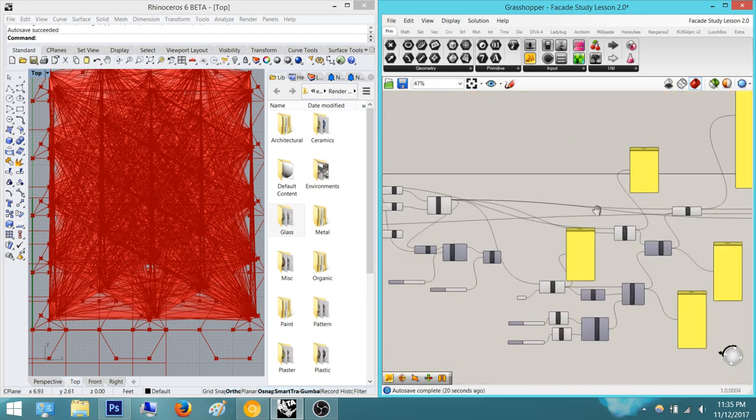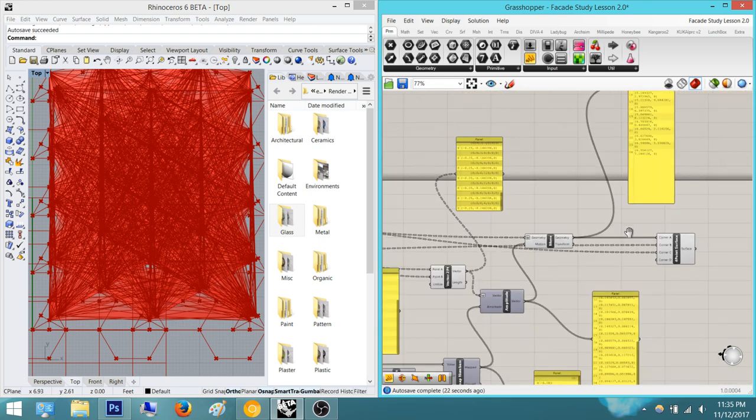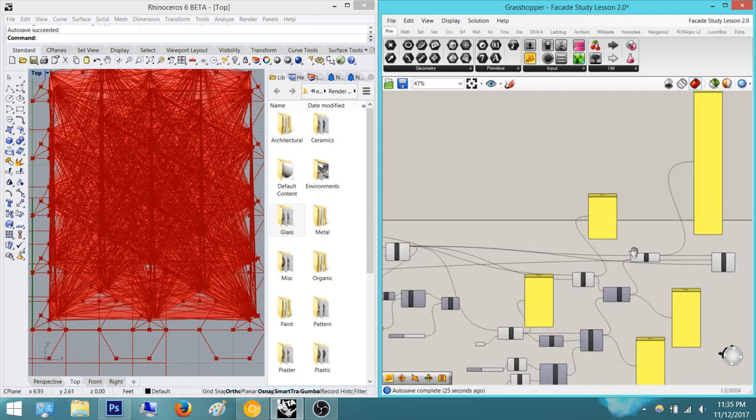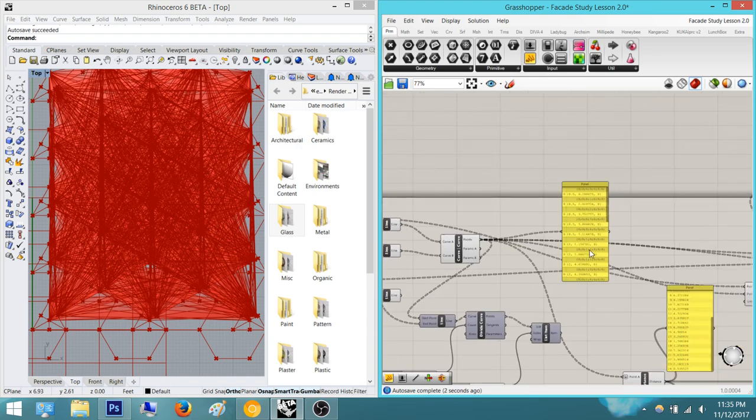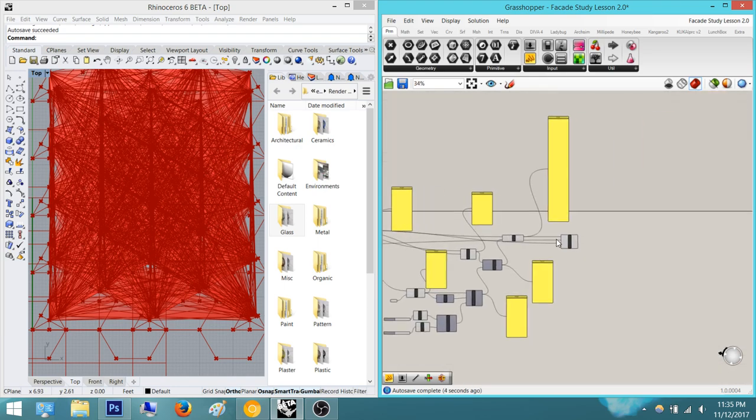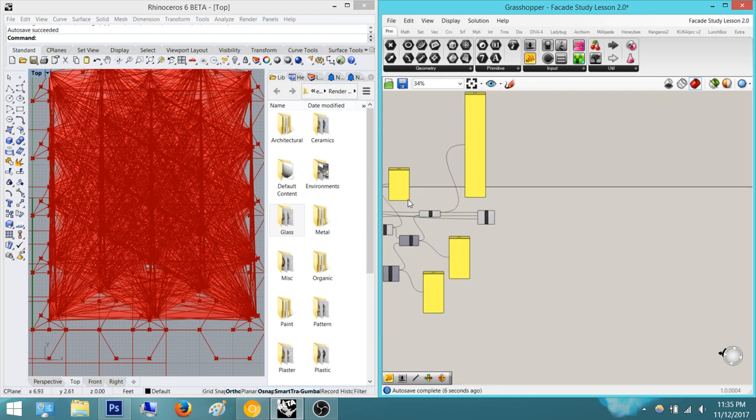Now let's see what's wrong. So we know this is reading as flattened. This is reading as, let's check it out. This is reading as grafted. So maybe the CCX needs to be flattened, because if we look at this,